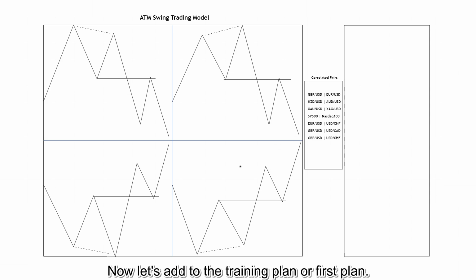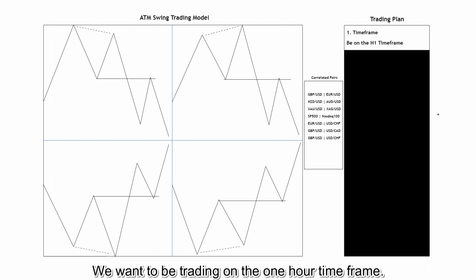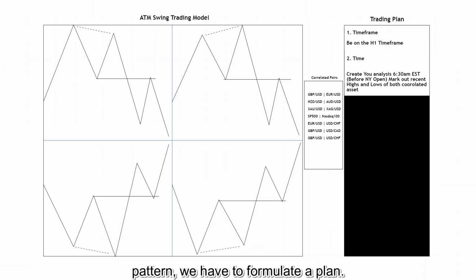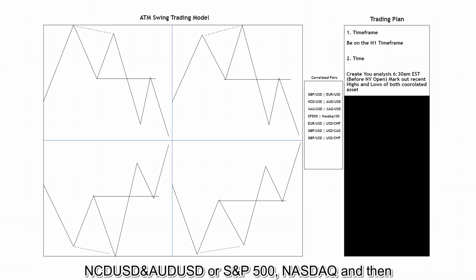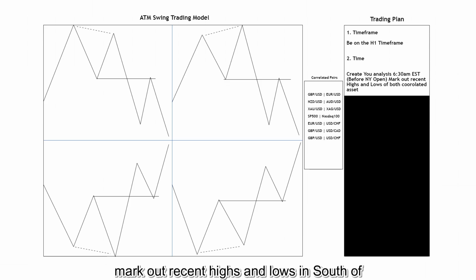Now let's get into the trading plan. For our first step, we want to be trading on the 1 hour time frame. Before we can start looking at this pattern, we have to formulate a plan. Choose the pairs you want to be looking at, whether GU and EU, gold and silver, NZD USD and AUD USD, or S&P 500 and NASDAQ, and then mark out recent highs and lows inside the marketplace for those correlated